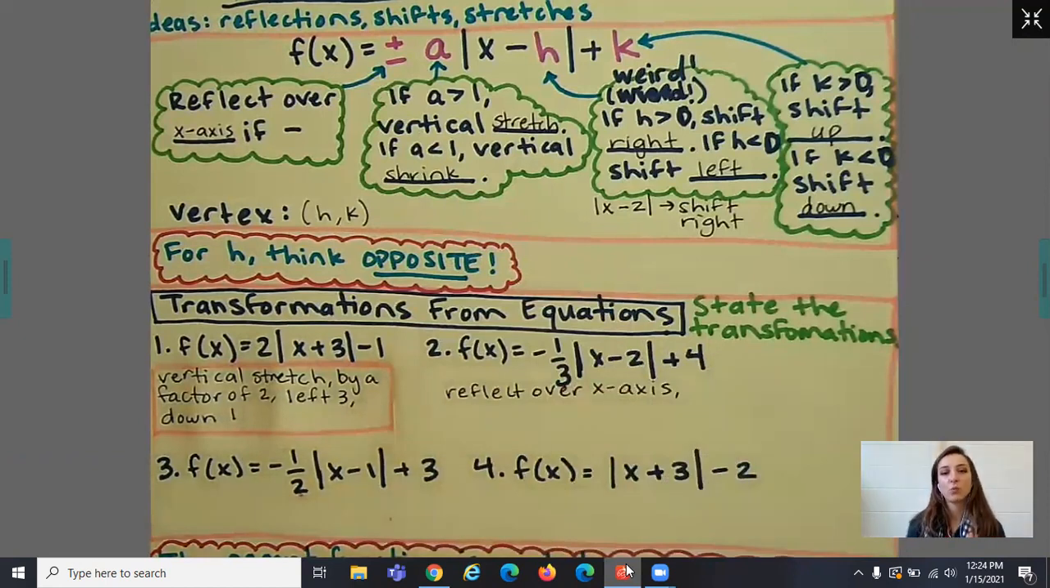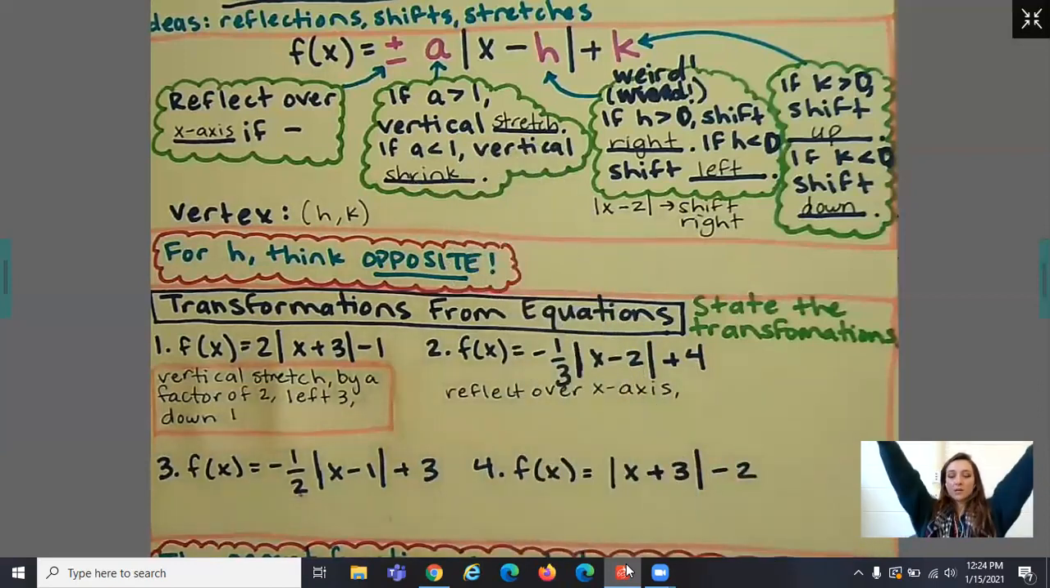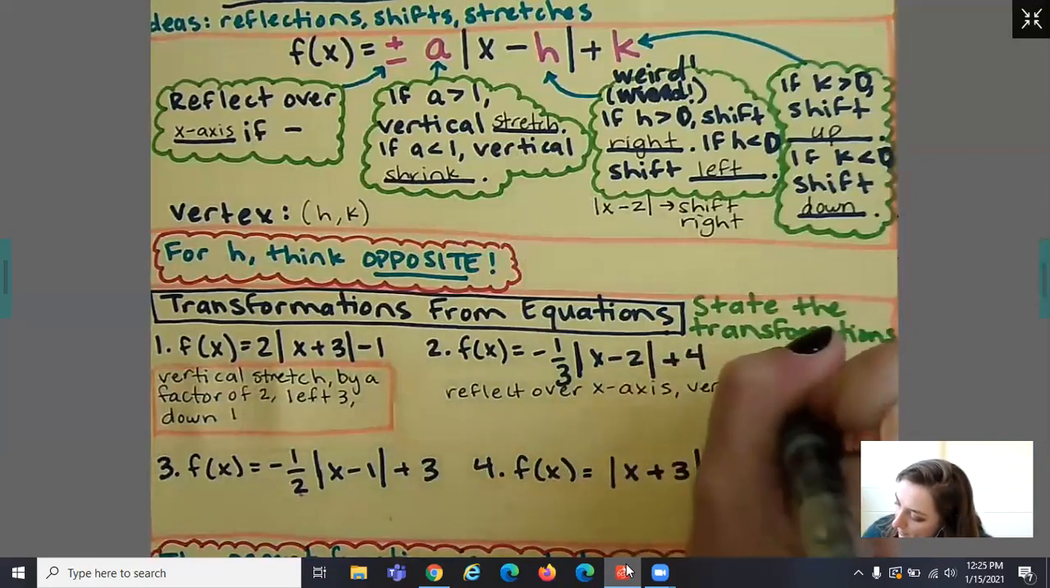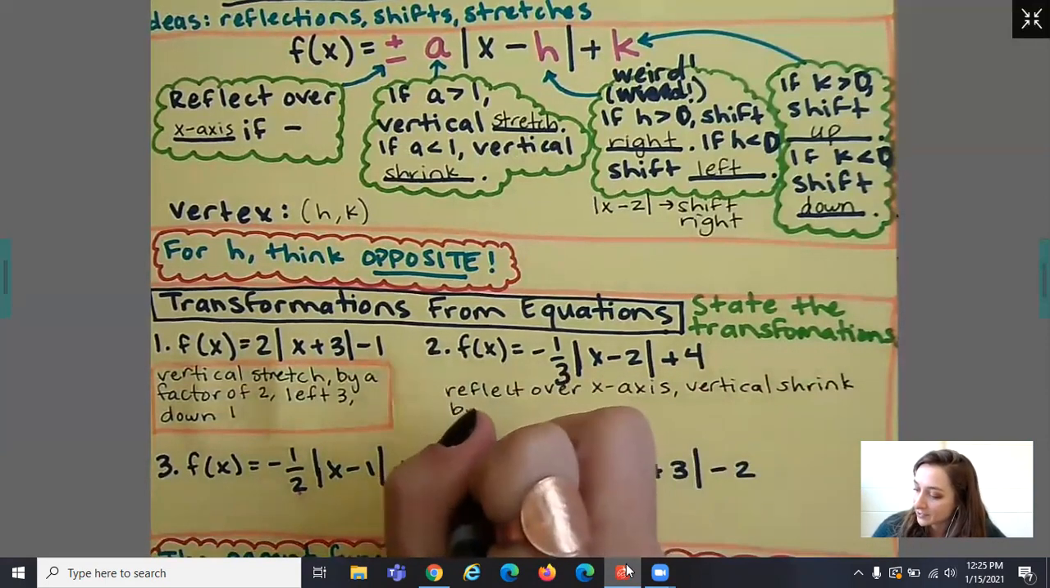Okay, now we're going to look at this 1/3. So we're either looking, is it greater than 1 or is it less than 1? Those are our only two options. So 1/3, that is actually a third of 1, so it's certainly less than 1. Since it is less than 1, this is going to be a vertical shrink. So it's going to go from here to here, shrinking down. It's not going up, it's going down this way. So this is going to be a vertical shrink, and then we do have to say this, by a factor of